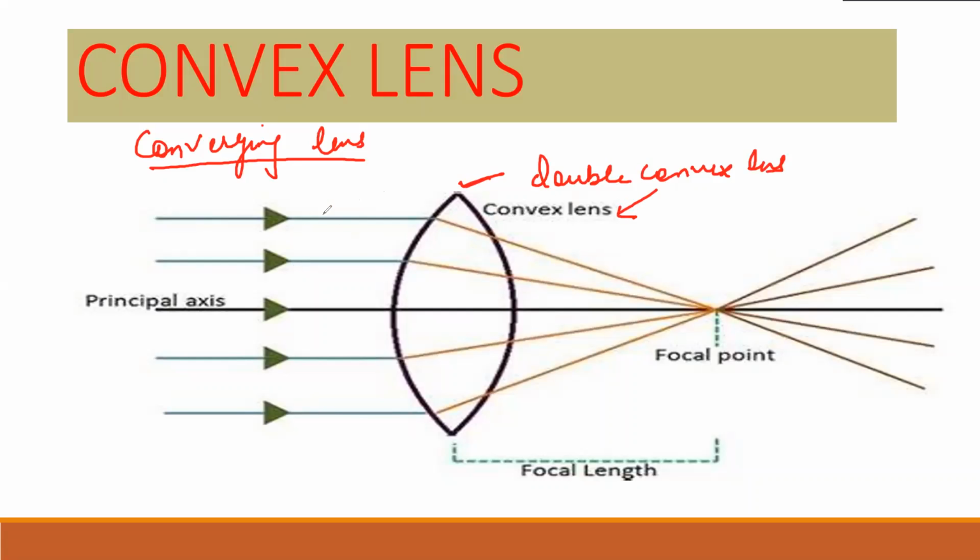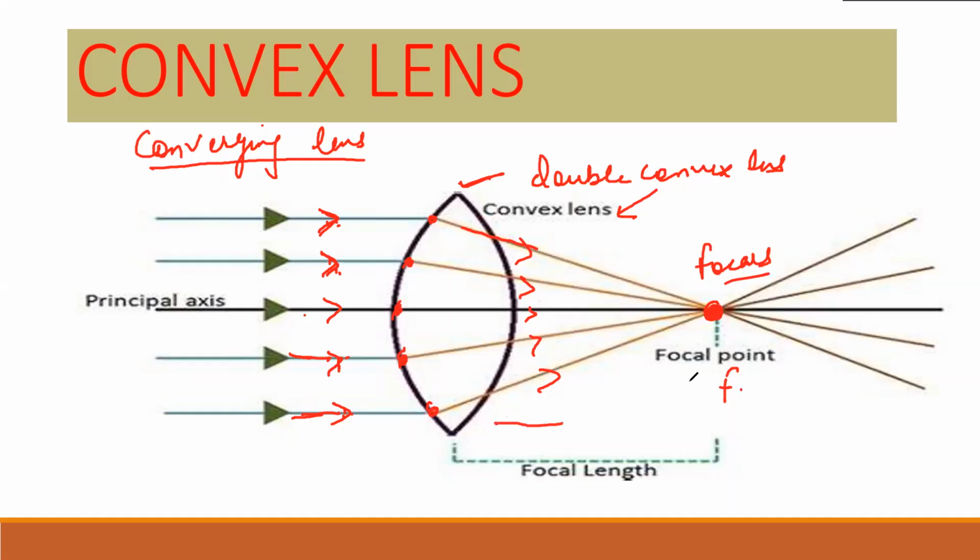Okay, now when the rays of light are parallel, you can see here, this is the principal axis and two rays I have made above the principal axis parallel and two rays I have made below the principal axis. They are also parallel. When they are striking your lens, they all are converging. After refraction, they all are converging at a point. At the point where they all are converging, this point is called by name as focus F.